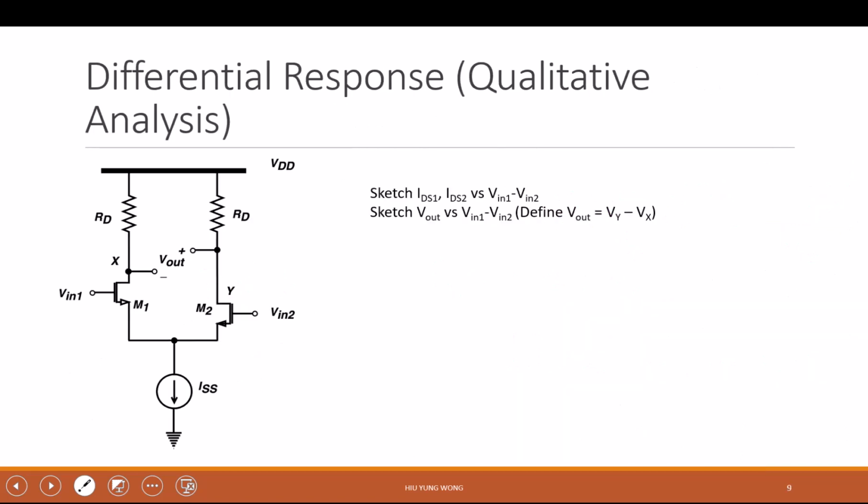Okay, good. So now let's go to differential operation. We are very good about